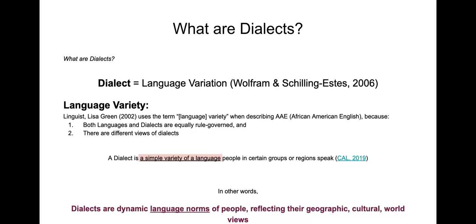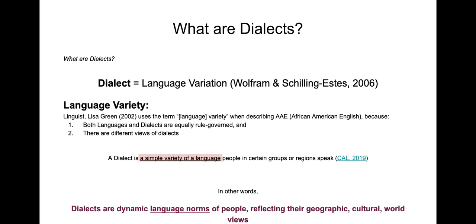It just means that given the circumstances, one may need to code switch, which we'll get into later, or one may need to use a different dialect to better communicate with a certain audience. But that's all that it means. However, when we start talking about dialects such as African American English, which is highly stigmatized, and we get into the features of African American English, which sometimes are attached with social stigmas that make the dialect seem as though it is less than, you have to keep in mind that it isn't.